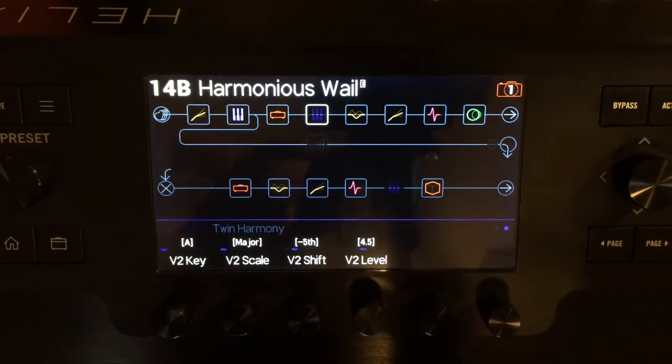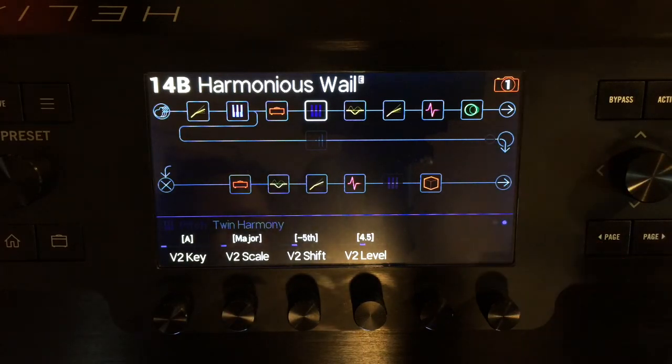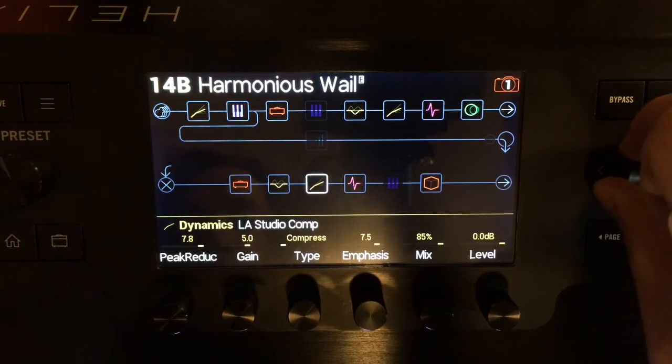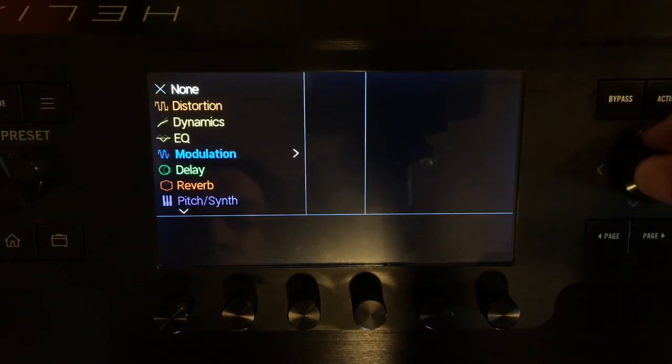I've really done some heavy EQing to this one to tame the bottom end and to tighten it up sort of like a Rockman kind of thing. It doesn't have quite the amount of compression as a Rockman or chorusing, because I'm sort of maxing out the DSP on this one with all of the harmonies. So it only left me one pitch block to do anything with. I could add a compressor, or, yeah, I could add a